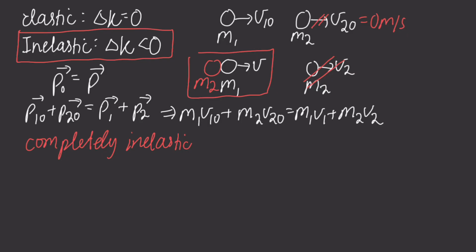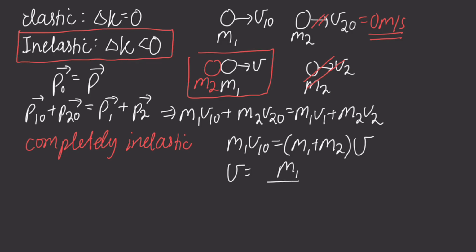And this allows us to write m1 v1 naught, and we don't have a term m2 v2 naught, or we can just set it to 0 because we see that the initial velocity of m2 is just equal to 0 over here. And we can set that equal to m1 plus m2, because now that they're stuck together, we can sort of look at them as a singular entity with a common final velocity v. And rearranging gives us that v equals m1 divided by m1 plus m2 times v1 naught. So if we know the values for the masses and the initial velocity v1 naught, we can also find the